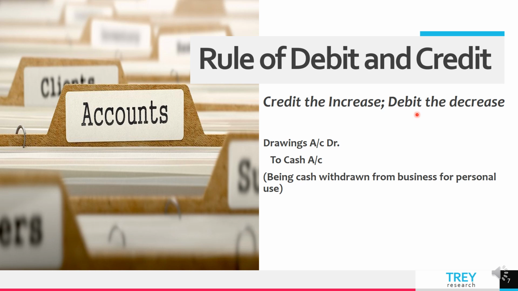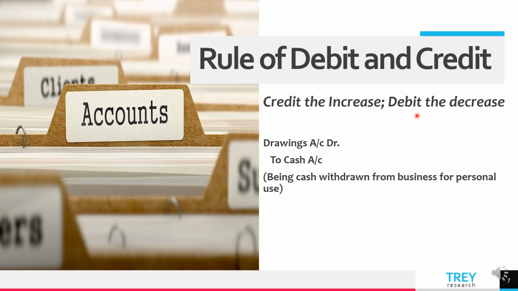Okay, so there's a reason for that. That is, if we do that, then what will happen? The balance in the capital account will fluctuate very frequently, and it will become very difficult for the business to maintain the account. So therefore, we do not touch the capital account. Rather, we make another account called the drawings account. And that's the reason why we subtract this particular amount at the end of the financial year while preparing the balance sheet. So this is a very interesting point to note.